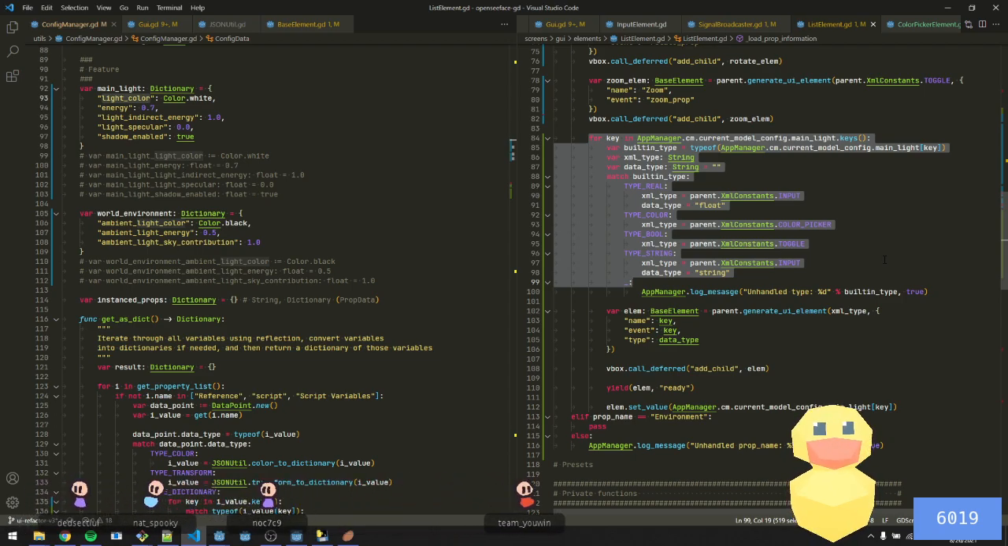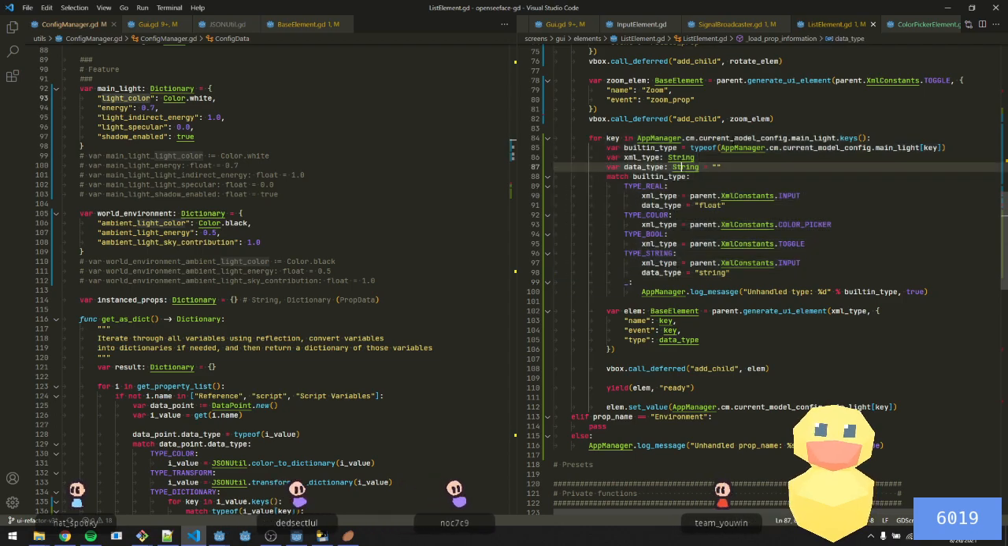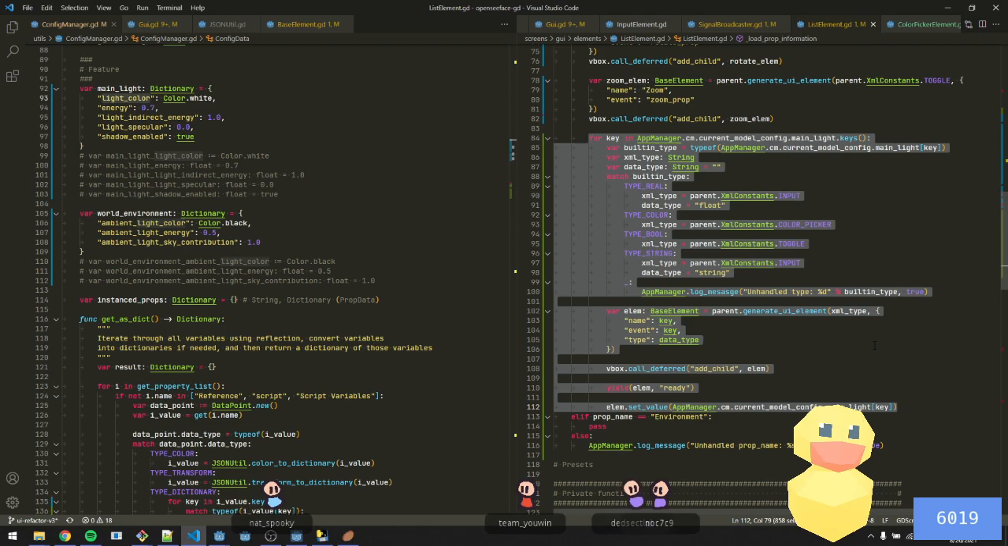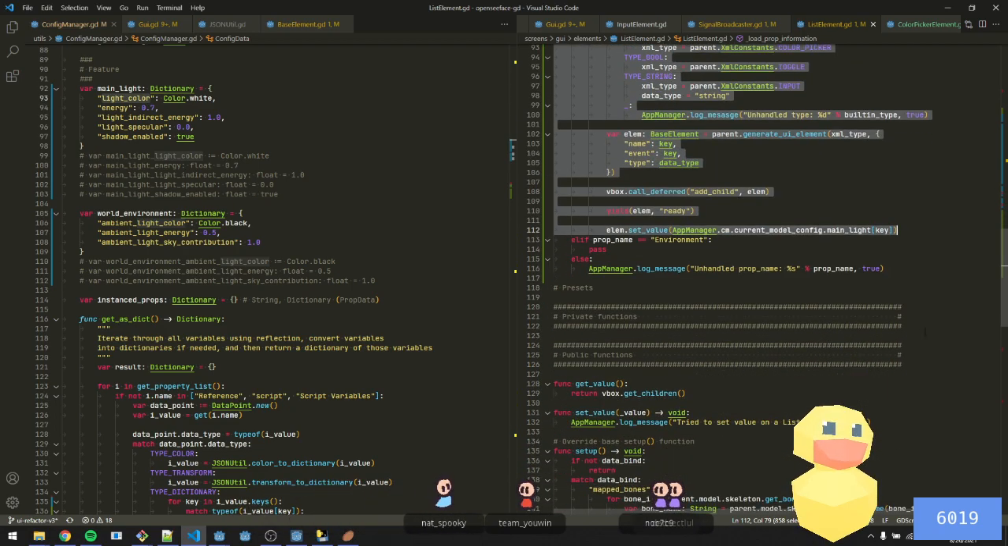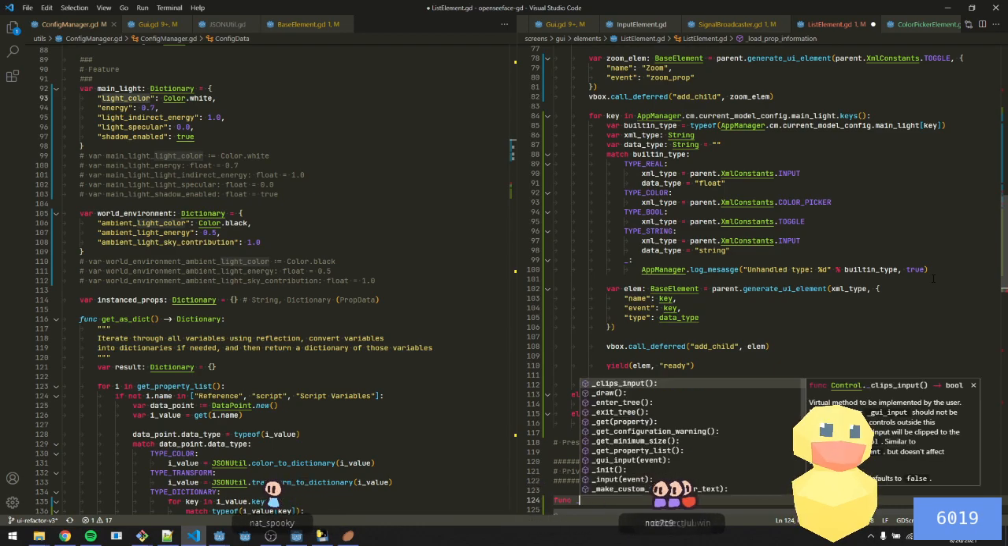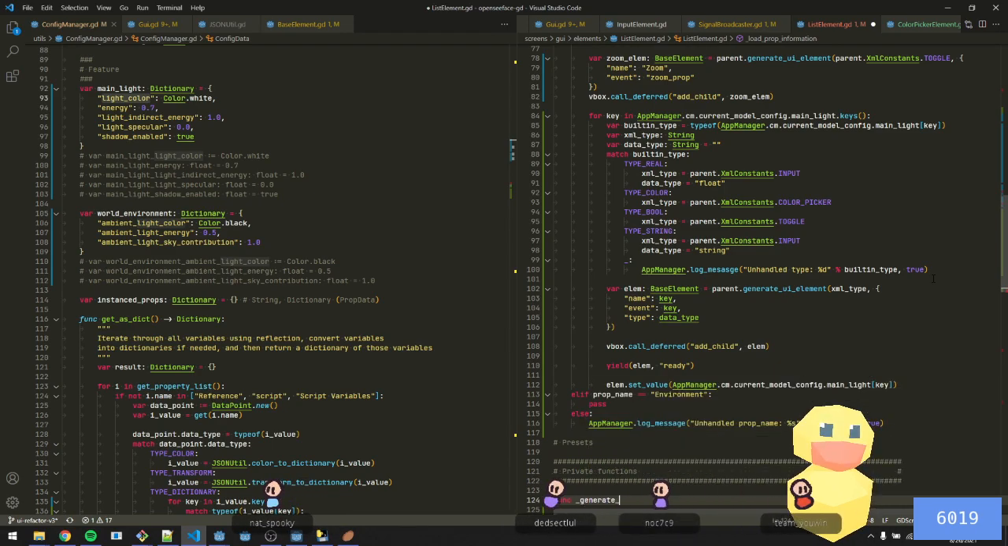Although, I think we should be able to break this out into its own function as well, right? So we can do some sort of private function. It generates built-in props,